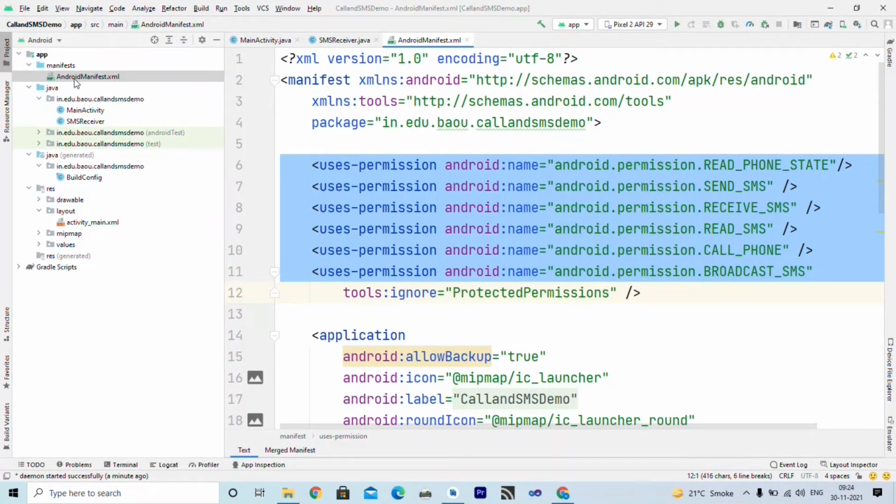If we want to extract information from SMS, we should have READ_SMS permission, and to call a particular phone number, we should have CALL_PHONE permission, and to send SMS, we require BROADCAST_SMS permission also. These permissions must be there inside your manifest file before the application tag that you can see on the screen. So, don't forget to include these permissions, otherwise your program will not work, right.